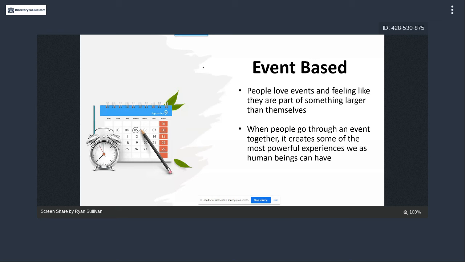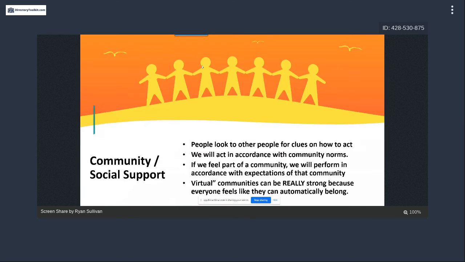And again, we set that flag in the stone of like, next week it's going live. All the big named people do that, and you can do that easily for your thing as well. So getting involved with the community helps people get excited about an event. And so that's the next one there, the community or social support, the other psychological factor that can help